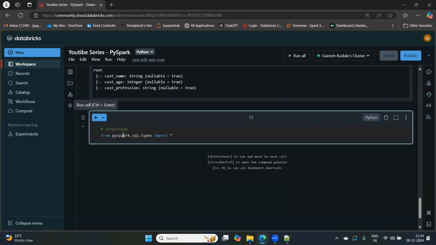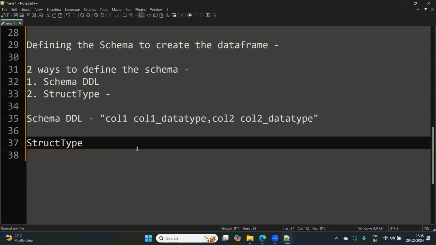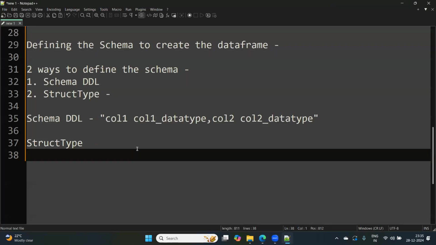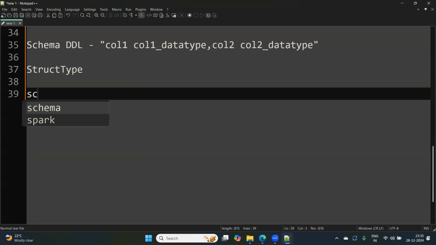We import struct type first. Let me show you what will happen if we don't import. I'll first tell you the default format of struct type, for example, struct schema. How it works is,